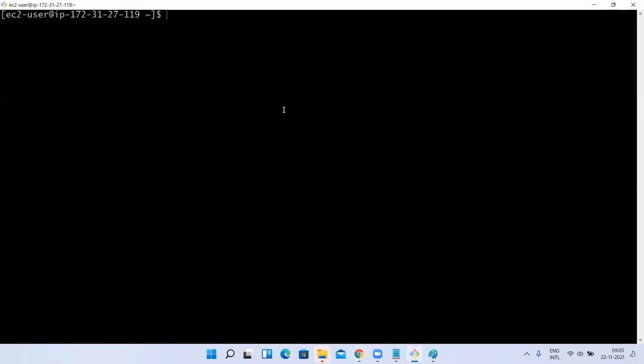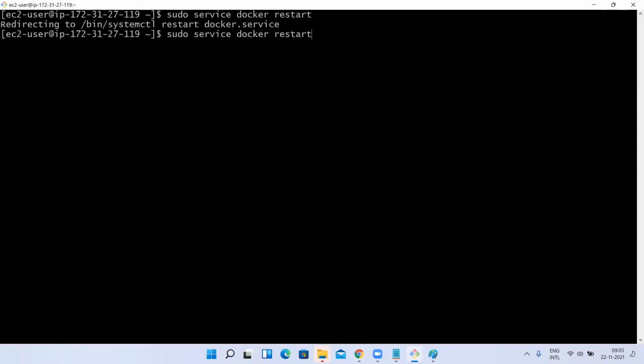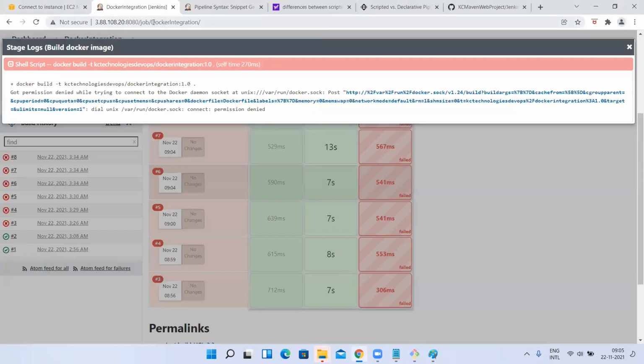So let me restart my Jenkins and sudo service docker restart. Let me restart Jenkins also for the safer side. If Jenkins restart is not required, Docker restart is enough, I think. Okay, let me save. Again, I don't have patience to do that.